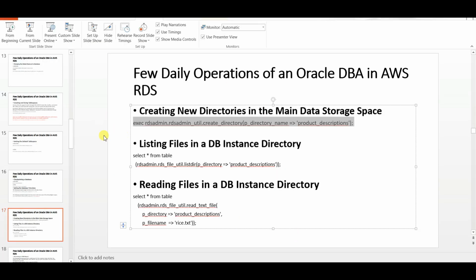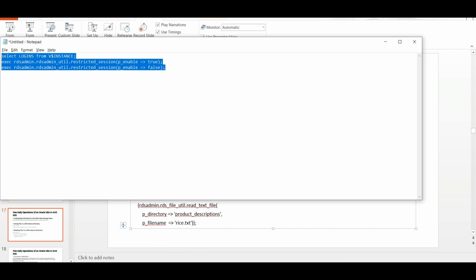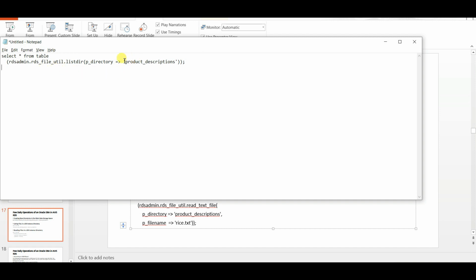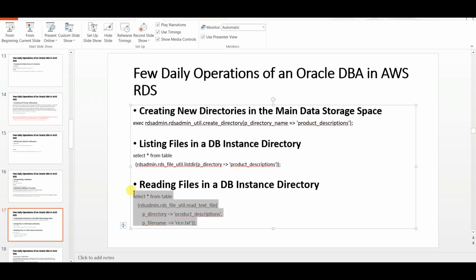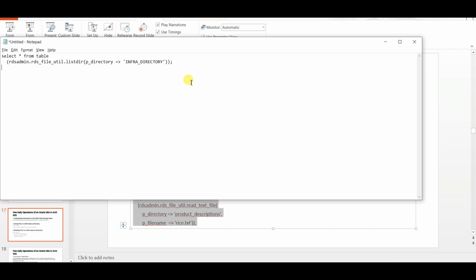Now let me check what all files are in there. Currently we do not have any files present in a directory, so it won't be showing anything, but I will just keep the command in here because you can check after we take our R1 backup.